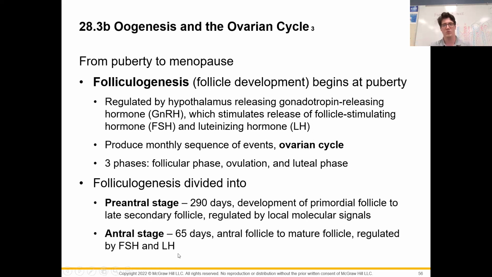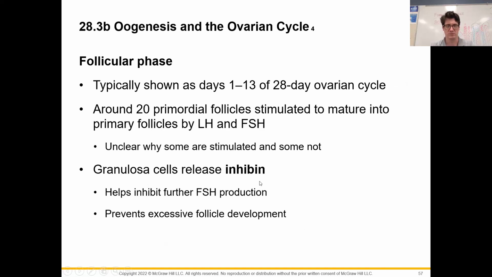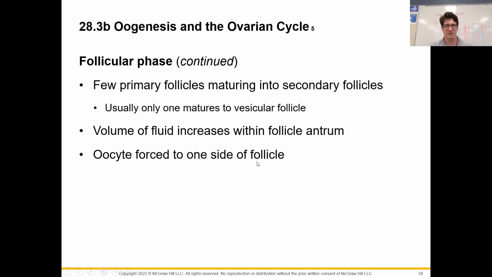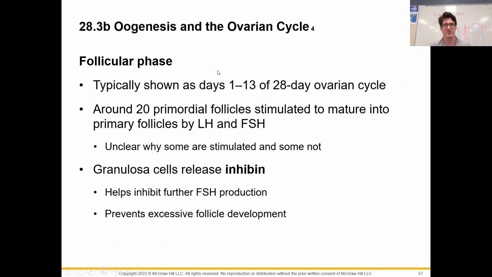We'll release one mature follicle a month, at which point we're going to have our typical 28-day menstrual cycle or ovarian cycle. Now, the first part of our menstrual cycle is actually going to be